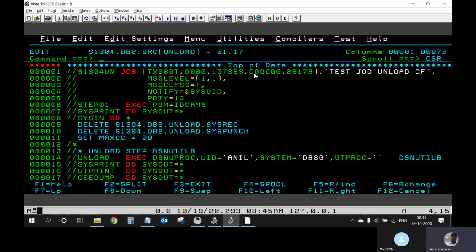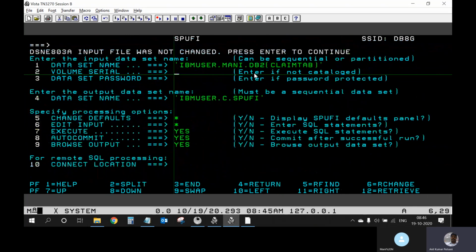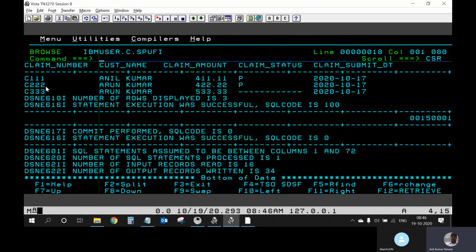Okay, load is done. Let me rerun the SQL query. You see now only 3 records are present in the table. The word replace plays the role here.